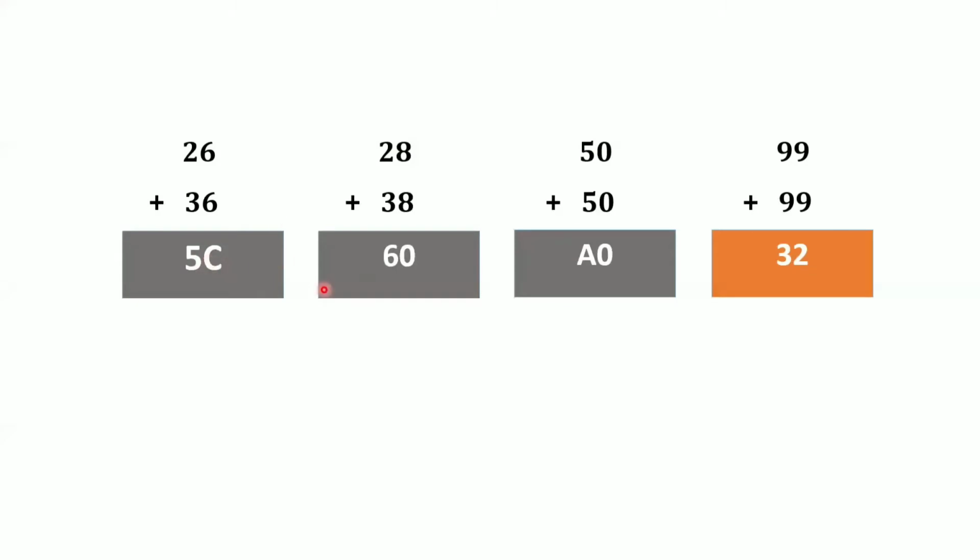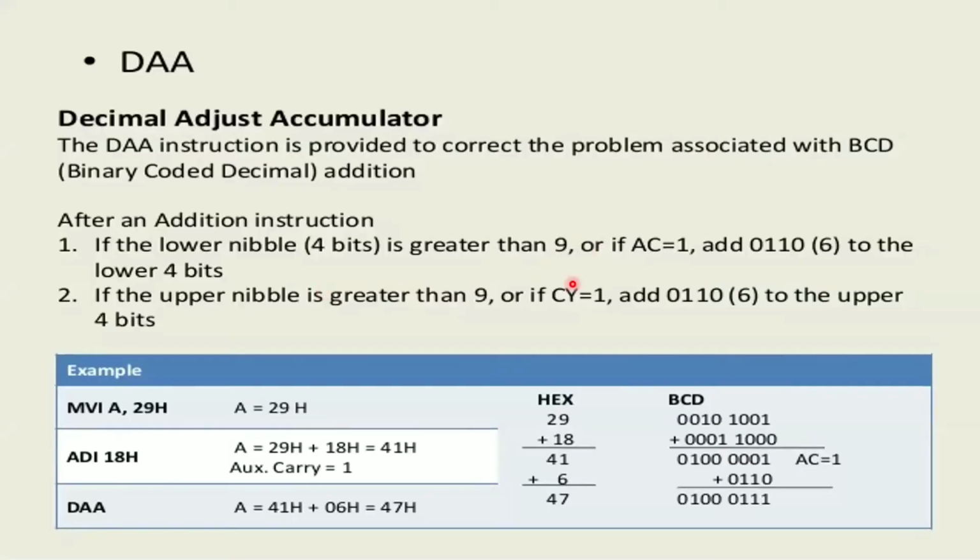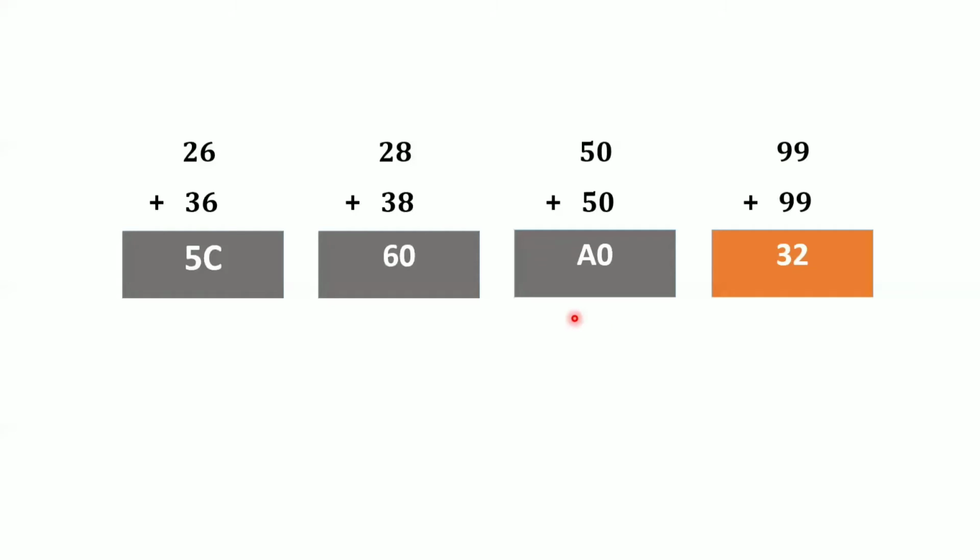Based upon the previous conditions here, you just perform this addition, and you will get the actual result, and you will be able to know how exactly this DAA is occurring. When you try to finish this example, this is one good example. Whenever you finish this example correctly, then you can understand perfectly how the instruction operates. So that is about mostly your arithmetic instructions, and that is your DAA.